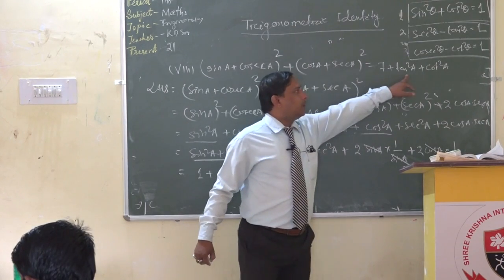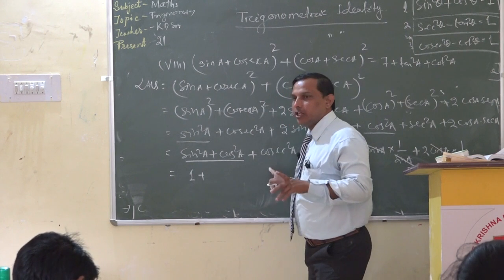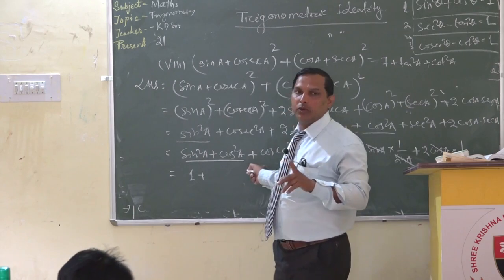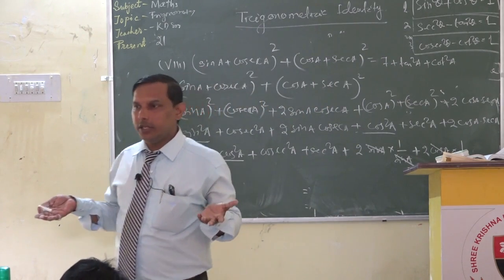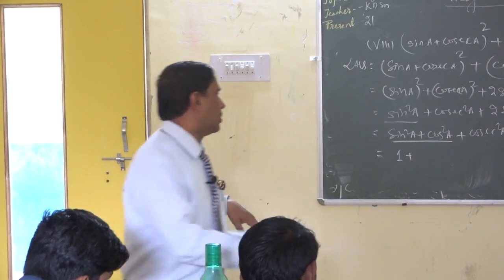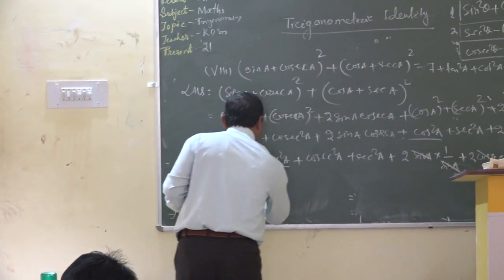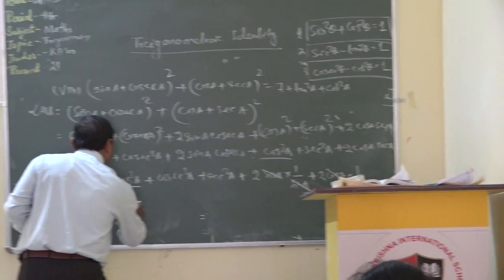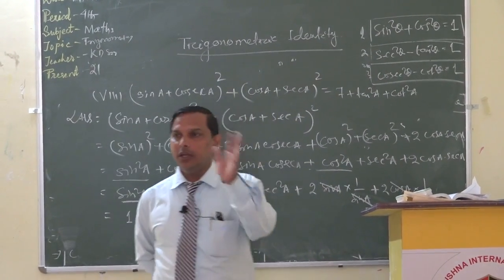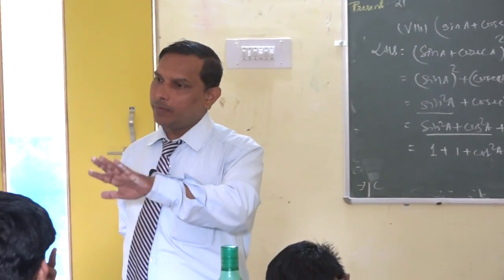See, on the right side it is given tan square A, cot square A. Now you tell me, is there any relation between cosec square with cot or tan? Cosec square is related to which one? Cot. Then what is the relationship? Cosec square is equal to 1 plus cot square A. Very good. So we can write here 1 plus cosec square A is equal to what? 1 plus cot square A. Then plus, again sec square A is related to tan or cot? Tan. Sec square A is equal to 1 plus tan square A.